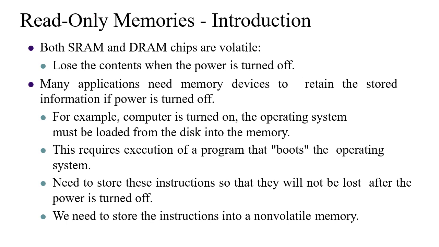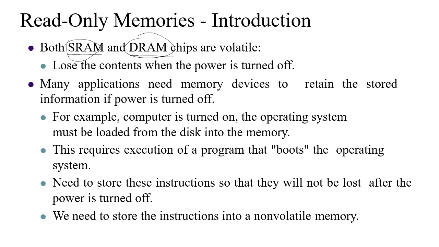Whereas the RAMs, the memories that we have discussed in our previous lectures, that is SRAM, the static RAM, and the dynamic RAM, are chips that are volatile. That means these are the memories that lose their content when the power is turned off. But in most applications, we need memory that will hold the data even after the power is turned off. So the major drawback in the case of SRAM and DRAM is that the data cannot be stored for a longer duration. To avoid that, we have the ROM or read-only memory chips, which have the capacity to retain the data even after the power is turned off.